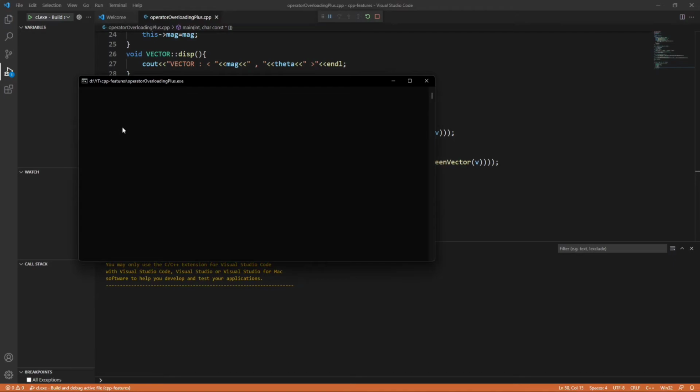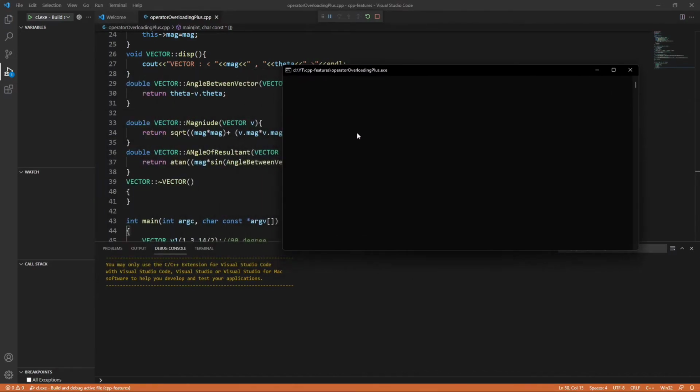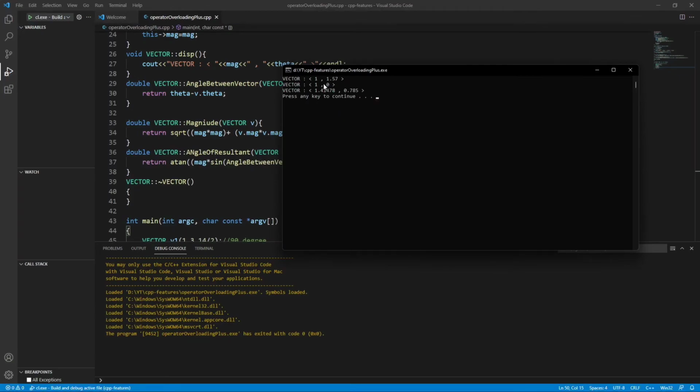Starting build, and build finished. Let's wait for the output. It sometimes takes time. We can see the first is 1 comma 1.5, that is pi by 2, and the second is 1 comma 0, and as I told, the resultant magnitude will be root 2, that is 1.41.